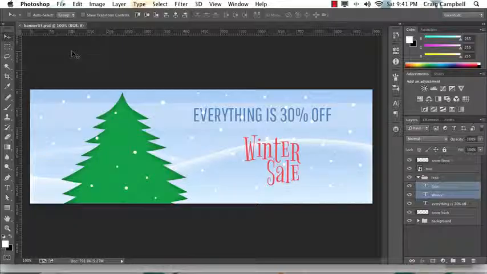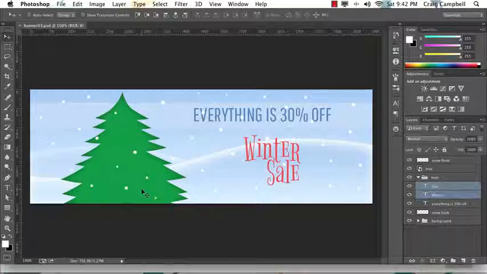Before we move forward and start exporting images and getting into our HTML and CSS, I want to briefly discuss how our looping animations are going to work. Now we're going to have two simple animations that are going to be seamlessly looping the entire time. And those animations are going to be the foreground snow layer and the background snow layer. And so they're going to be a very similar animation, and the way they work is going to be very